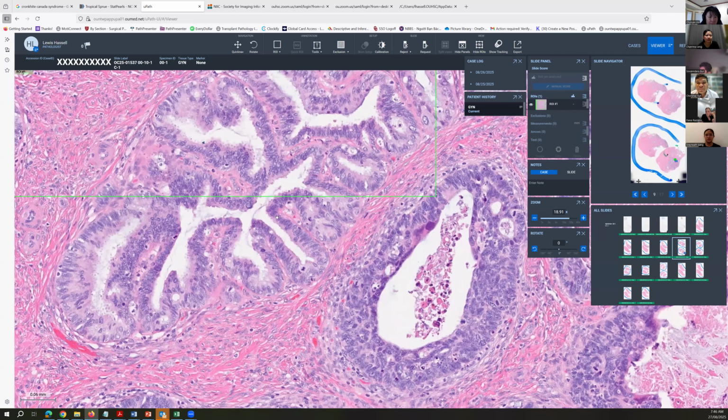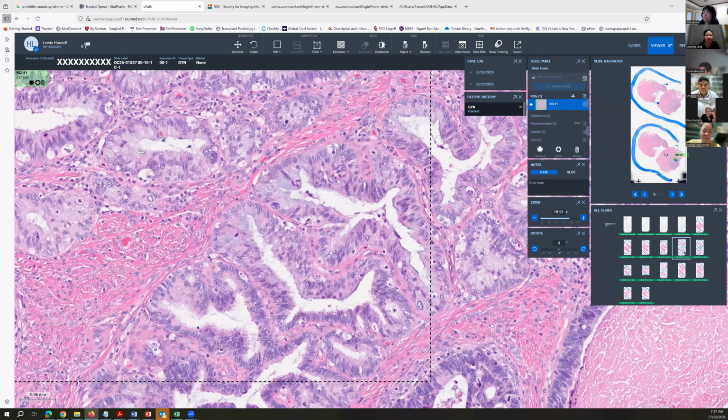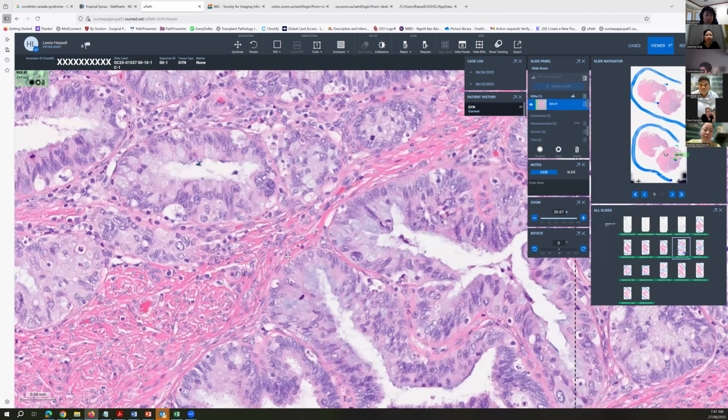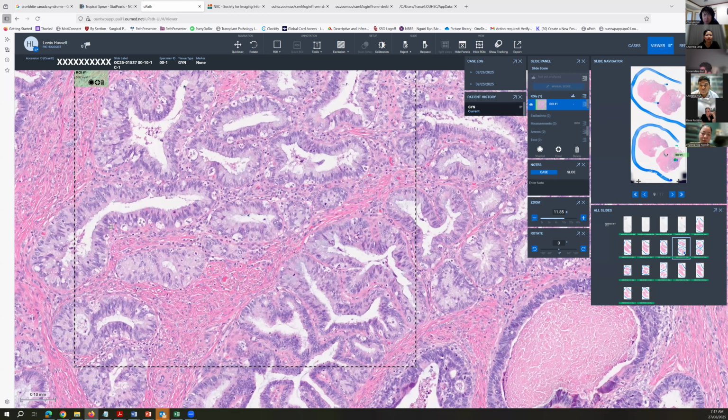And then you can see we've got significant nuclear atypia here, but notice that we have a mucinous change to many of these cells. And so I believe that what we have right here is what we call stratified mucinous neoplasia,